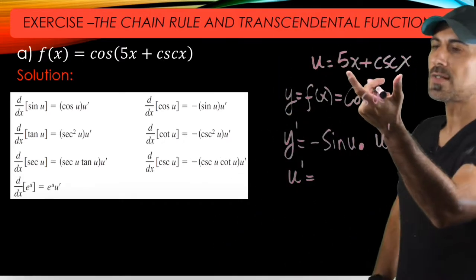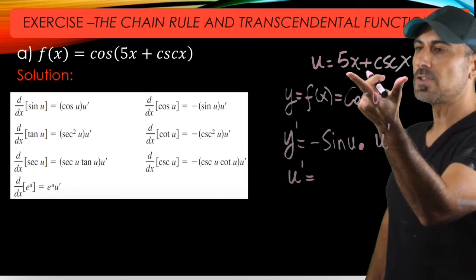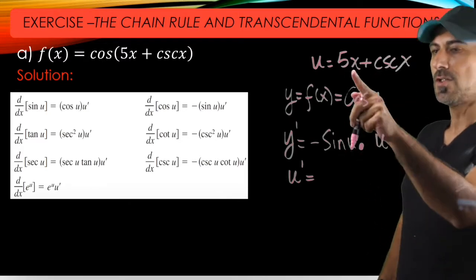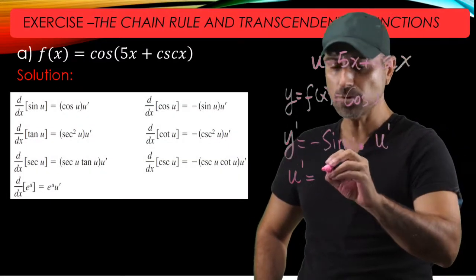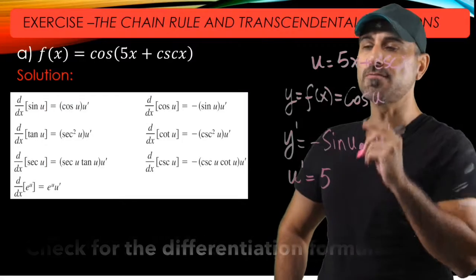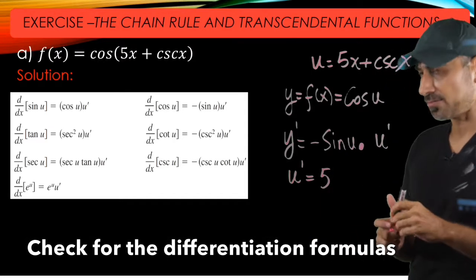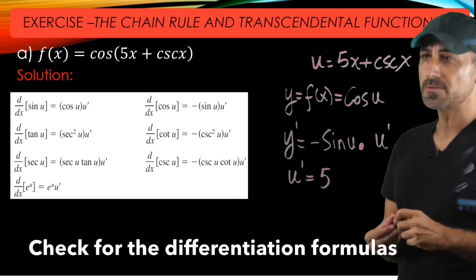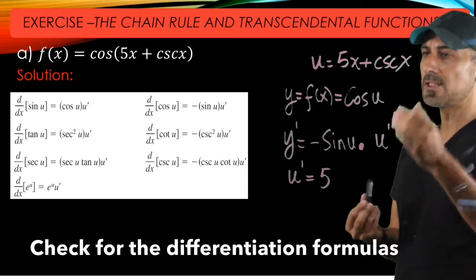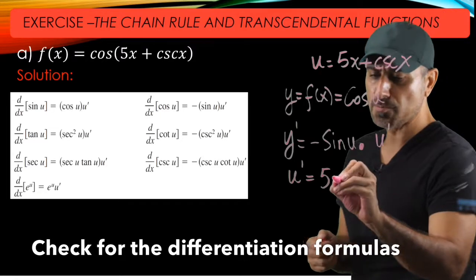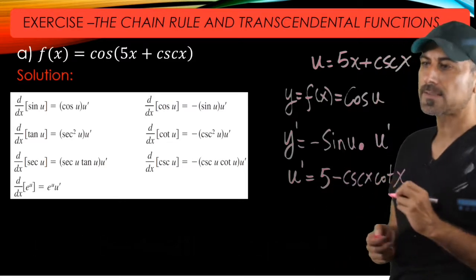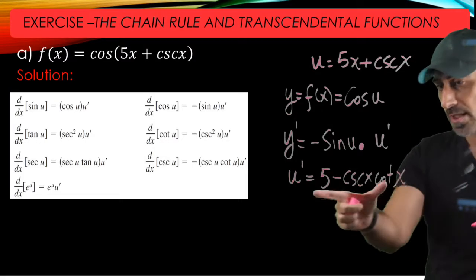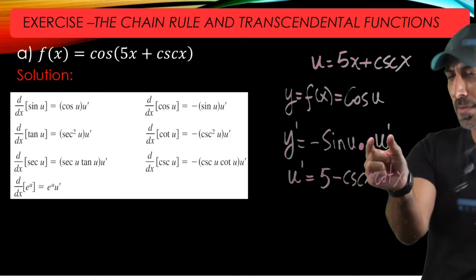Well, u is the sum of two functions. I'm going to take the derivatives of each piece separately. So the derivative of 5x is just 5 by using the power rule. The derivative of cosecant x comes out of the table of derivatives, so you can read it from there. It is minus cosecant x cotangent x. All we're going to do now is substitute u prime in this